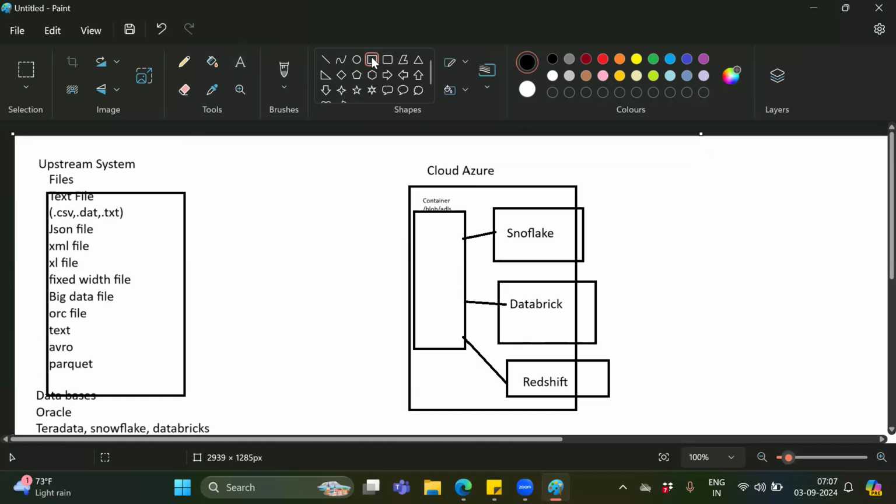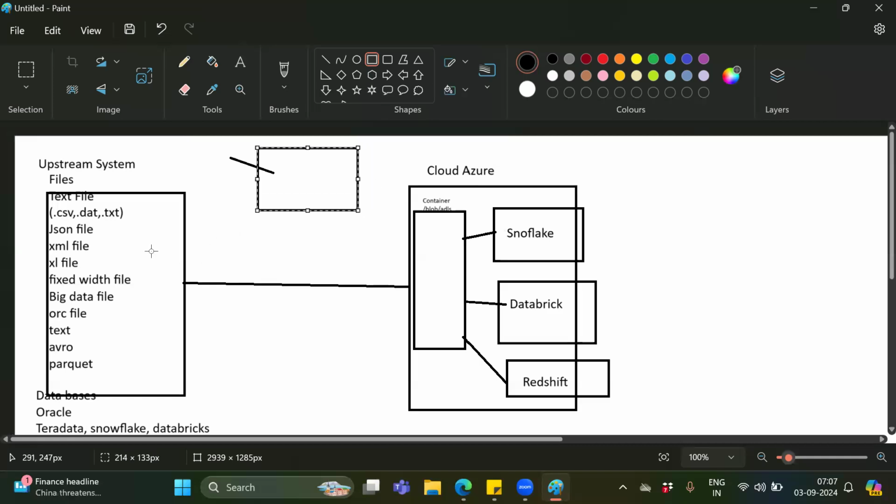Once you load the data, we give a connection from our upstream system to our project. To transfer the file, there will be some system here which will transfer the file from our upstream system to our system.